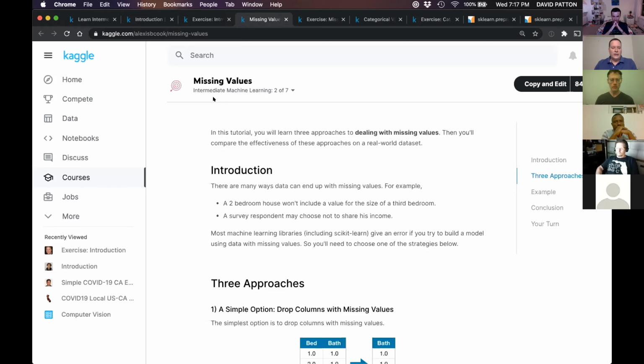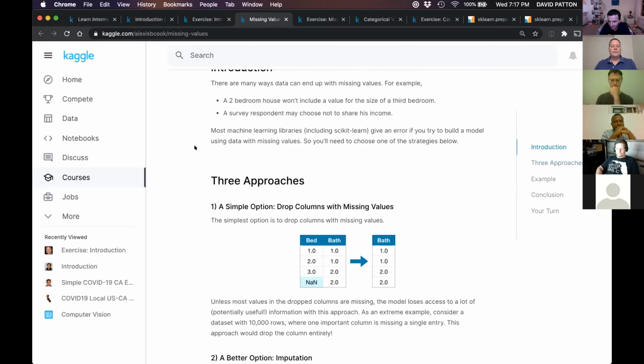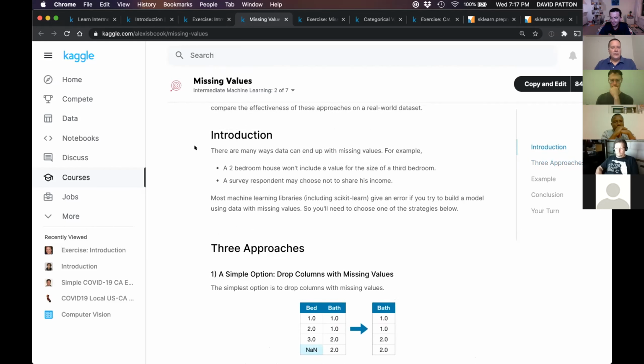Well, what if we just have a one level house? Then it doesn't make sense for that value to be in there. There are also cases where they mentioned surveys and things like that, where people have the option of not responding. There are many other reasons why you may have data that is not complete. So how do we deal with that?